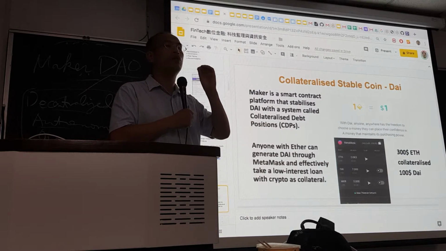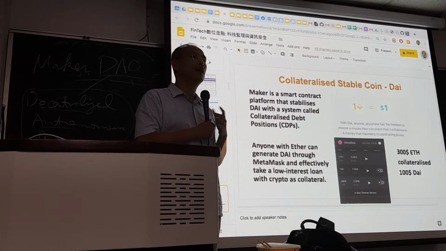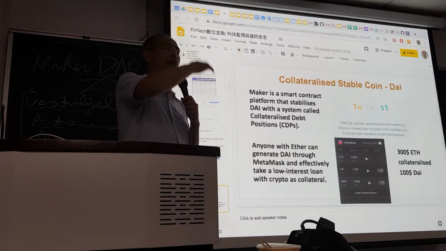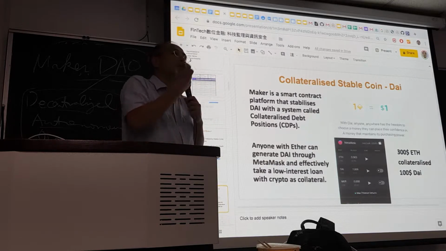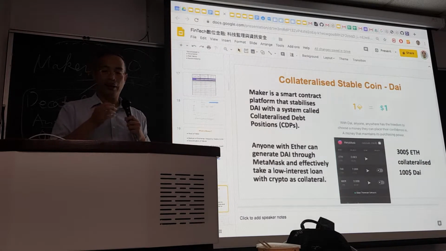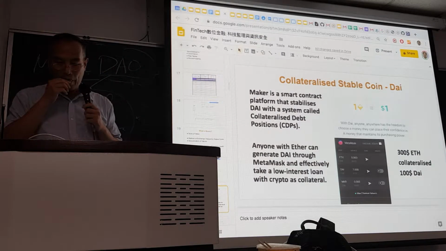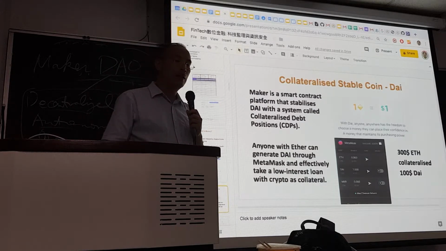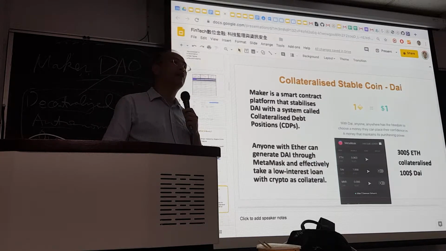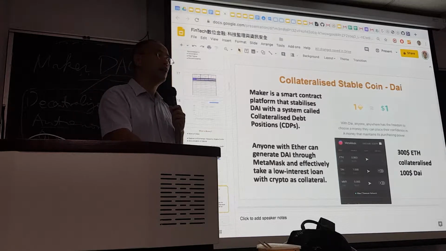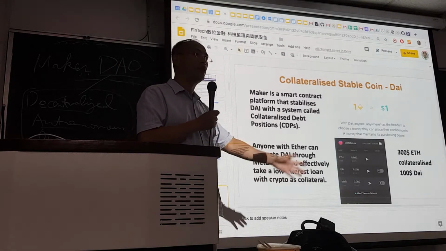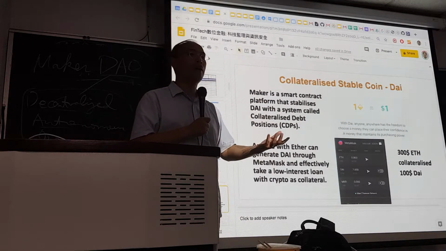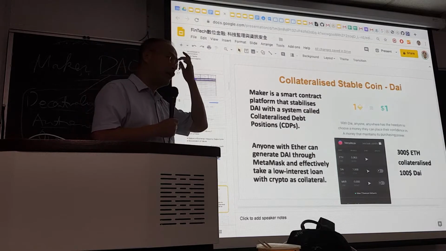The 60,000 I got back, usually I get in the form of a stablecoin. So it's good for me as a medium of exchange and denomination value. It doesn't fluctuate much. So I literally get those DAI tokens, 60,000 of them. Then I can use these 60,000 Taiwan dollars to pay my tuition last week, and also I can use this 60,000 to buy an iPhone 11 or so on